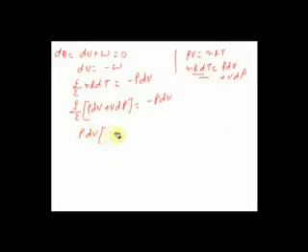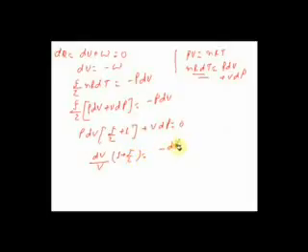Now P dV into (f by 2 plus 1) plus V dP is equal to 0, or dV by V (1 plus f by 2) is equal to minus dP by P. Now if we integrate both these sides, we get (1 plus f by 2) ln V is equal to minus ln P,